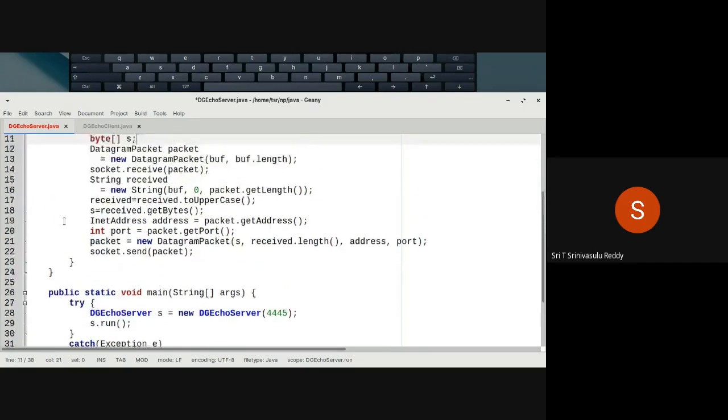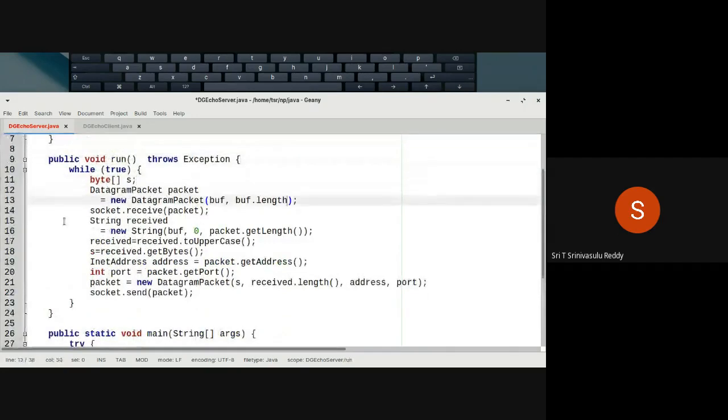Now, if you want to simplify some more things further, as we can see, get bytes and so on, S is there, so this is also not required. Let me simplify here. Get address, packet dot get address, with the capital letter A, get address like this.